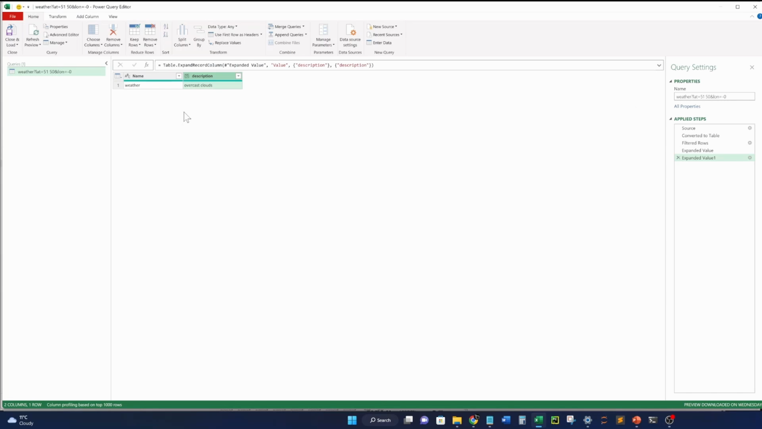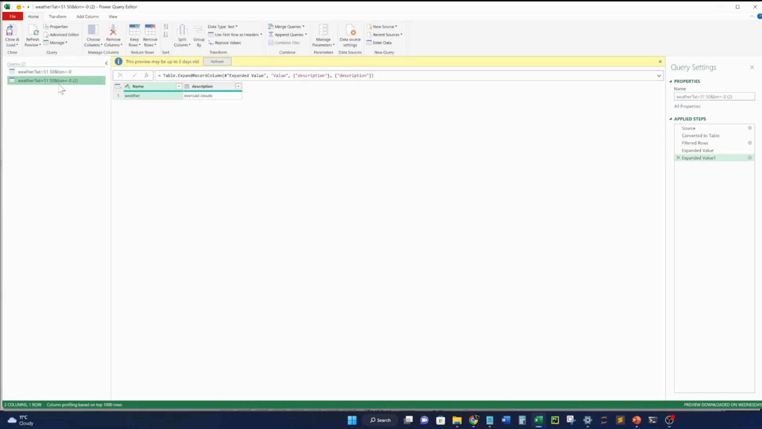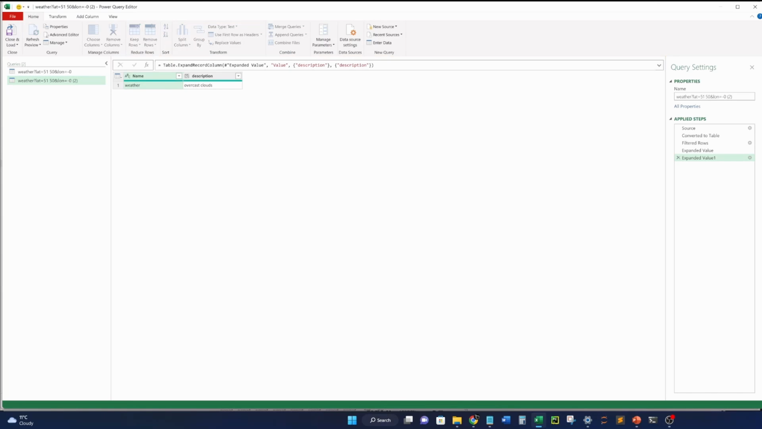So what we want to do is save this as a query. Remember, this is our original source. So I'm going to make a copy of this. Right click and click duplicate. And now that's okay. It's saying our data may be 2 days old. Let's click refresh. Now what I want to do is rename this query. Remember, I made a duplication of this, and I'm going to call it description because that's what we have. Left click out of that, and now we'll go back to our